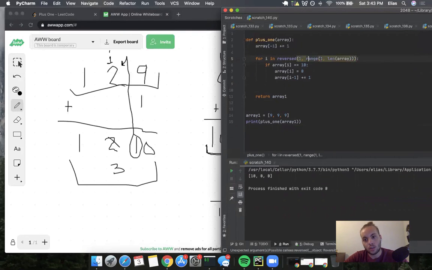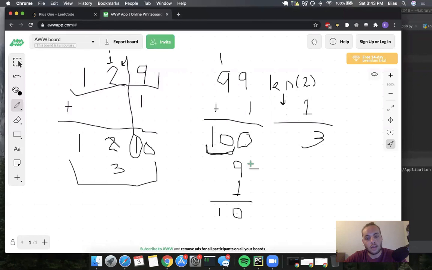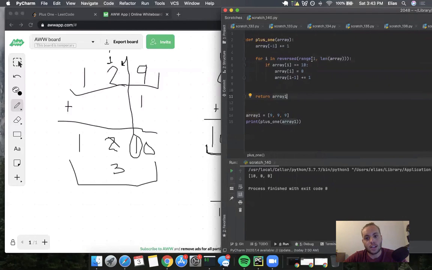It's saying reversed 1, instead I was supposed to put the 1 within your range. It's a simple language mistake; you have to be really careful. So we have reversed range between 1 and the length of the array. As long as i is not the 0th index, which is a special case, then what we're going to do is take that,